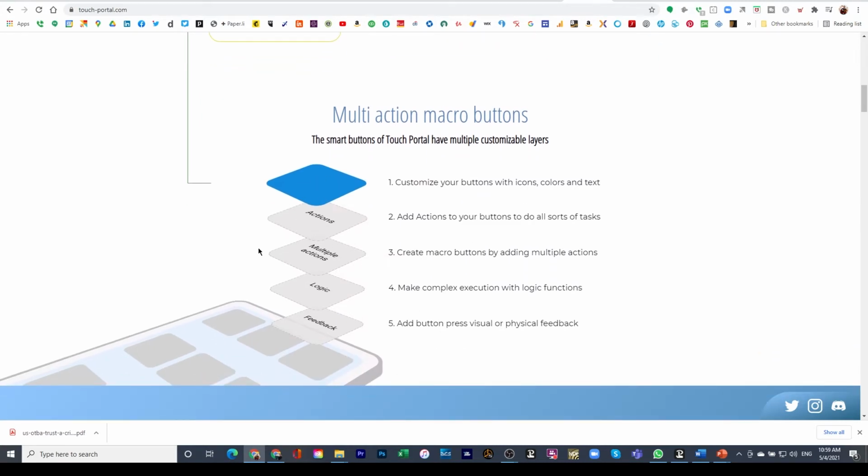The buttons have multiple actions. There are a lot of things that you can do. It's actually a lot more flexible than Stream Deck. There is some logic you can apply. There are actions, multiple actions. There is feedback, so you can actually see certain things. And so, for example, the button would turn on, change color, or whatever you programmed it to do,